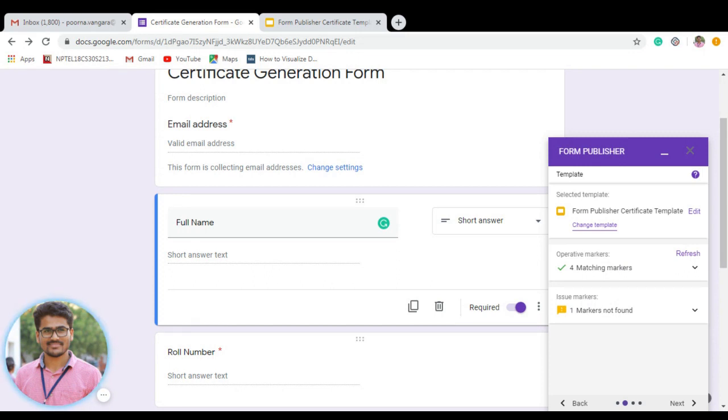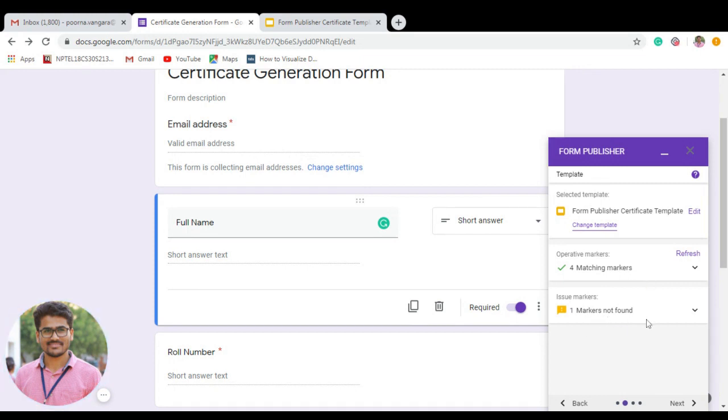Because you are linking this form with the template, these field names must match. Full name, whatever the spelling, whether F is capital and N is capital, the same text you must write in your template. After loading your template, you can see there are 4 matching markers.